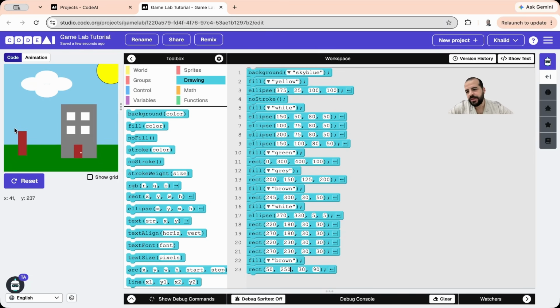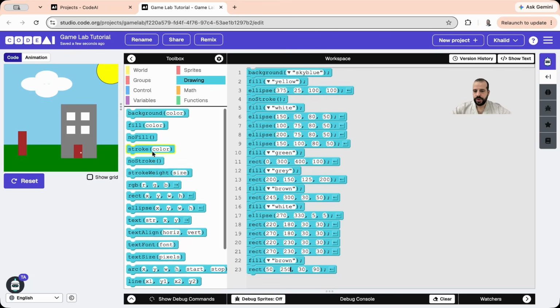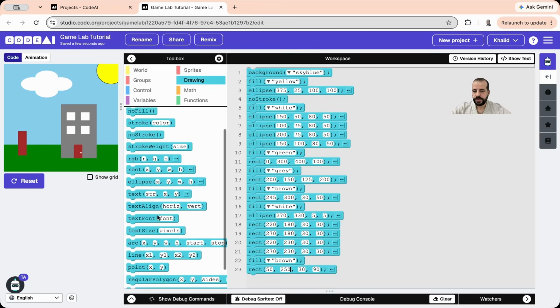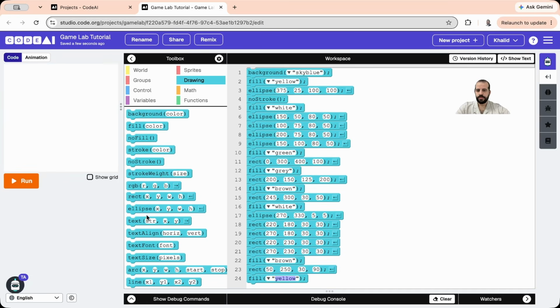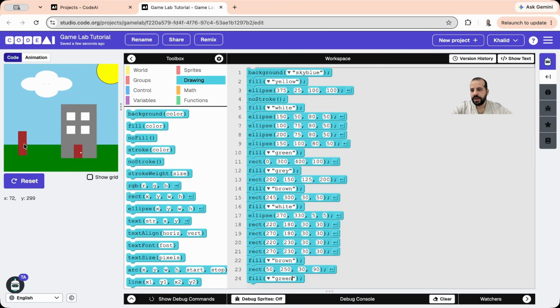I need to add the circles or the leaves. I'm going to make this by adding ellipses, circles over one another. And I'm going to make them green. So I'm going to add the fill color to make it green. I'm going to run this. And then I'm going to add